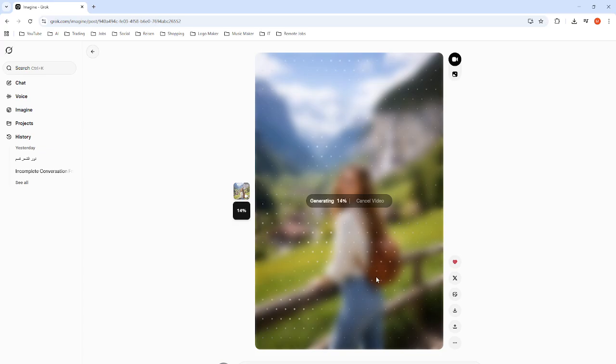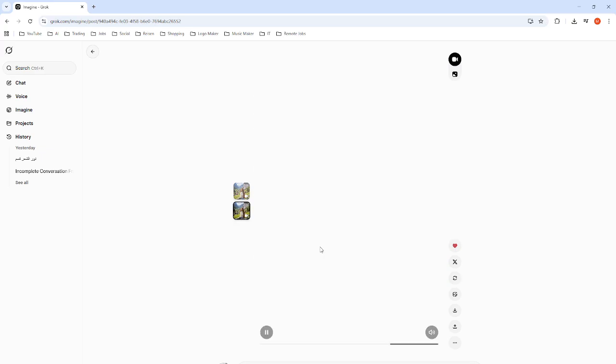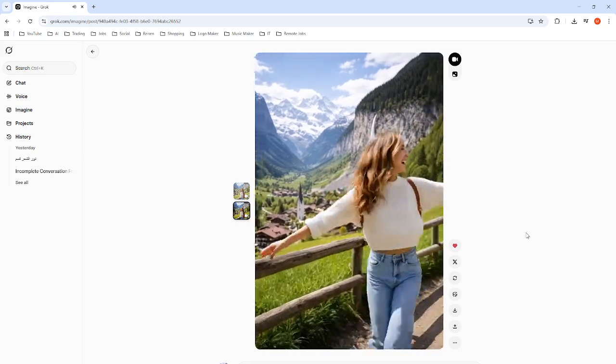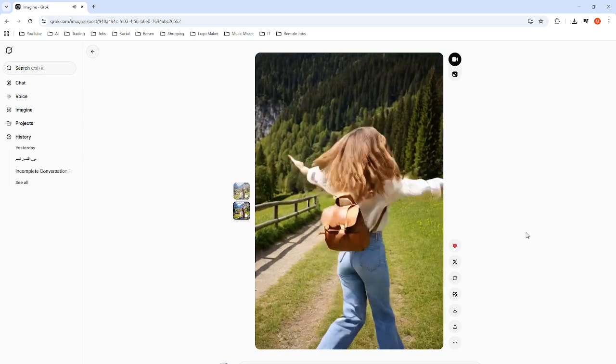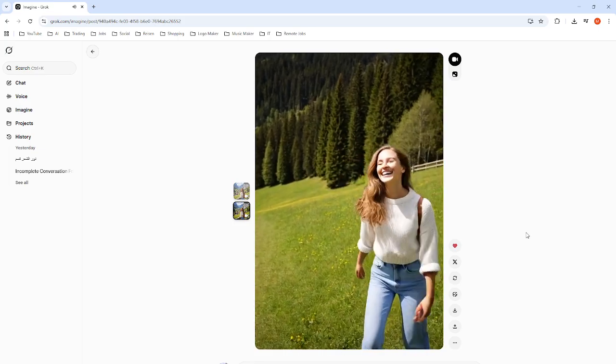It is generating. As you can see, it is free to use, you don't have to pay for that. And yeah, it is very fast, as you can see. The video is ready, as you can see, it's dancing and walking according